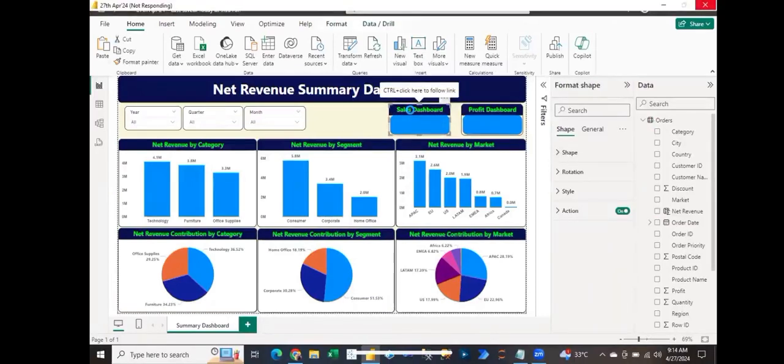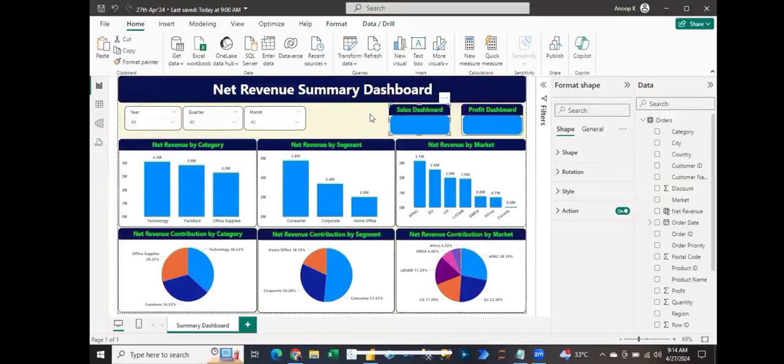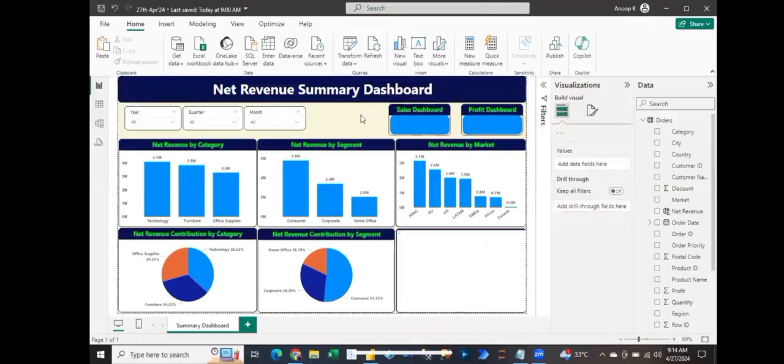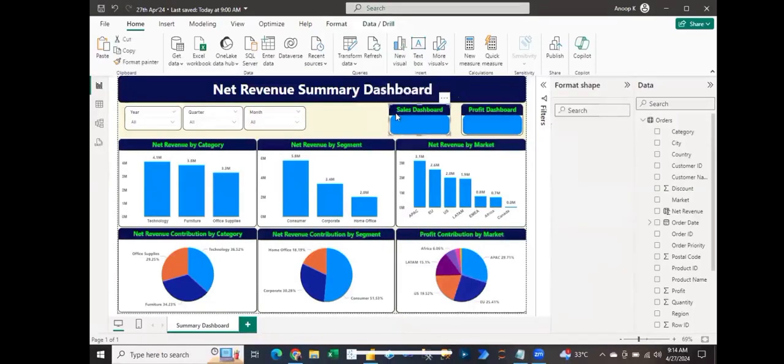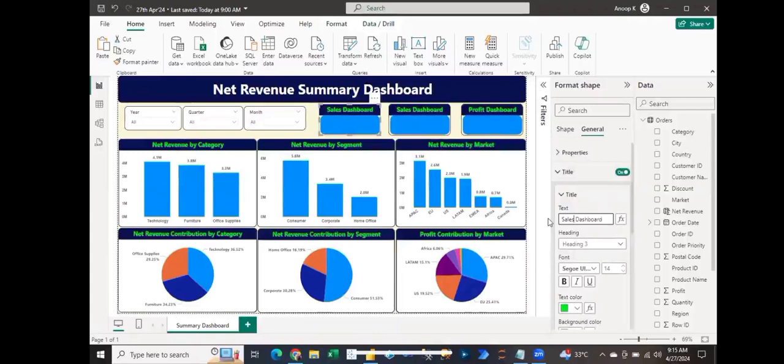Control C, Control V. This one, I will change this title to